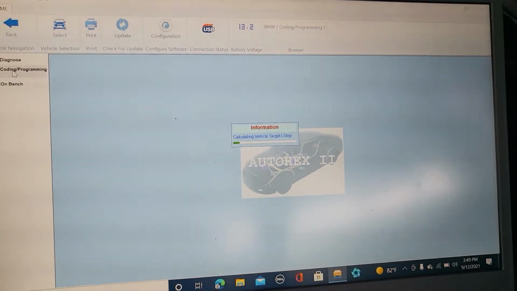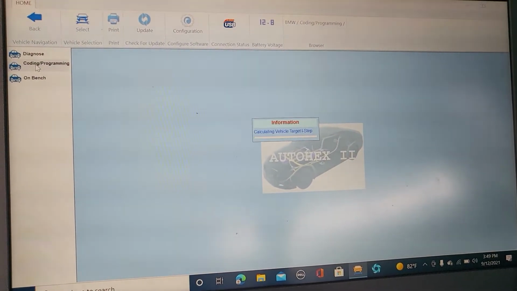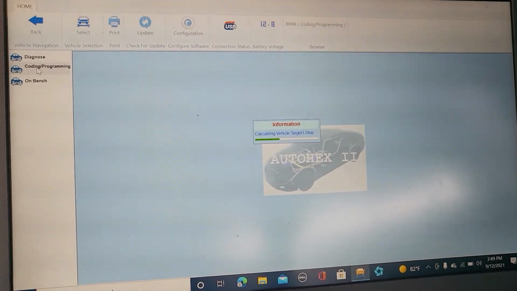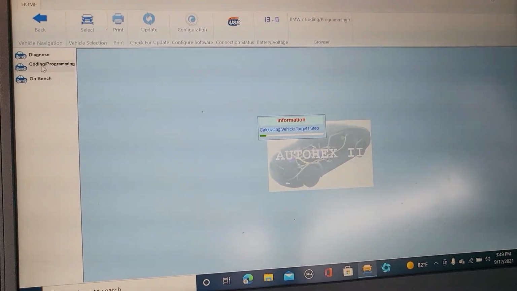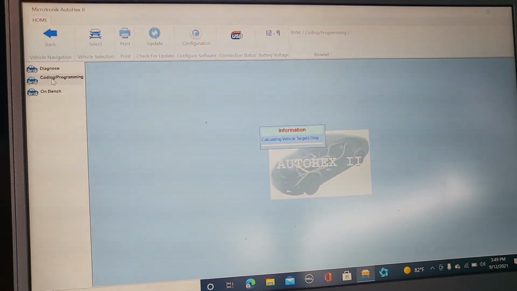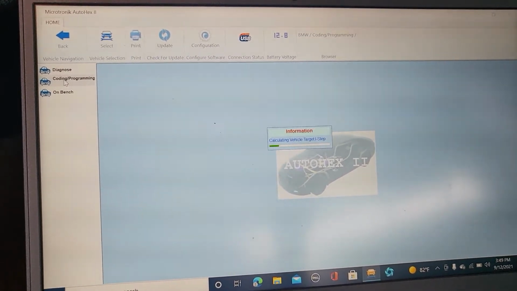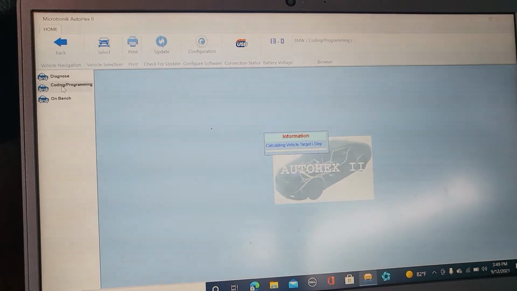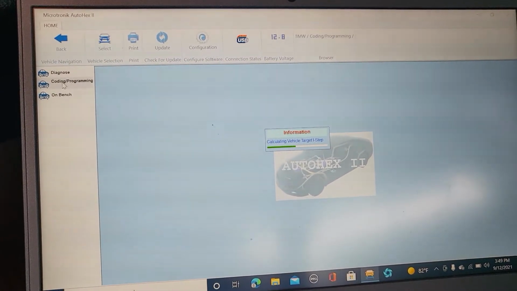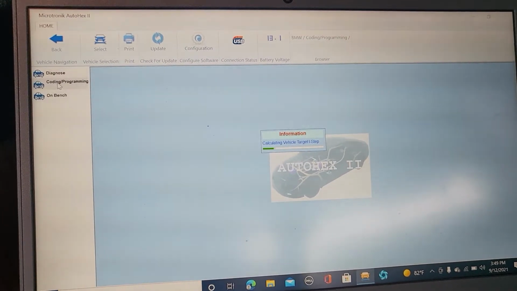The good news about this, it's like a factory level. It goes by the CAS module. It will get you the VIN number by the CAS. It takes CAS module information to adapt the car. It adapted through the CAS. The diagnostic system was adapting through the engine control module. That's why we are getting